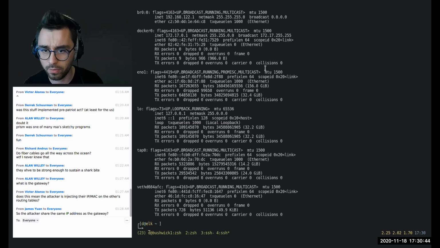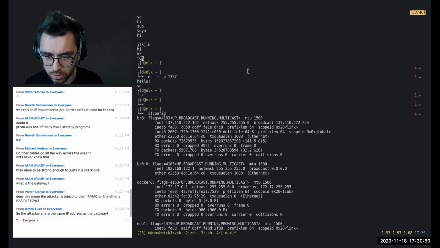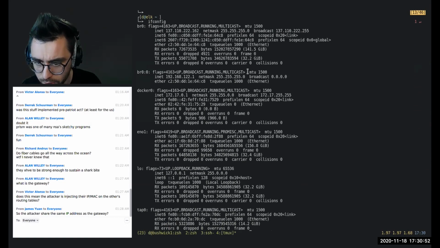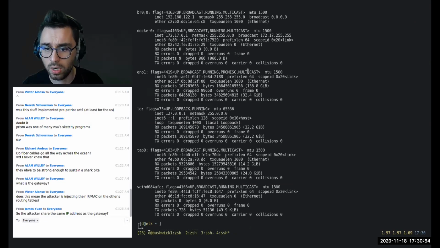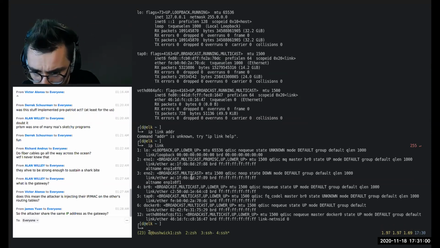So if we do ifconfig, we're going to get a bunch of things that you probably don't care about, so let me not show you all of that. Okay, here we go. This might be slightly easier to look at. So these are all IPv6.